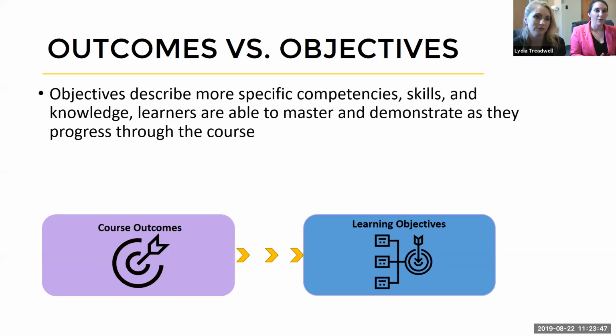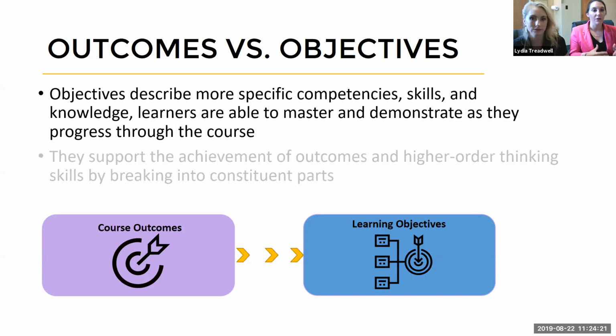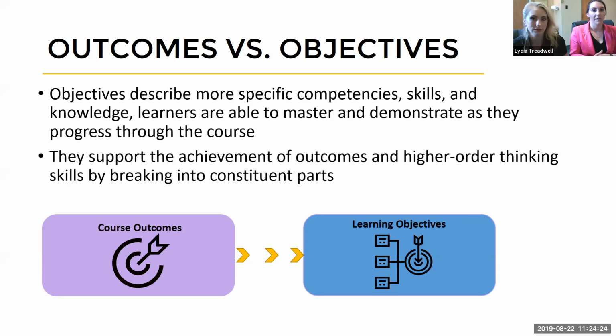So learning objectives you can think of as stepping stones to get to your course outcome. They're a way that you can sequence and structure the topics in your course in order to provide a clear path for students to go from that bottom level, that remember level, all the way up to the higher level order thinking, which is probably where your course outcomes are going to live. So they not only sequence, but they're also supporting your course outcomes and the higher level thinking.